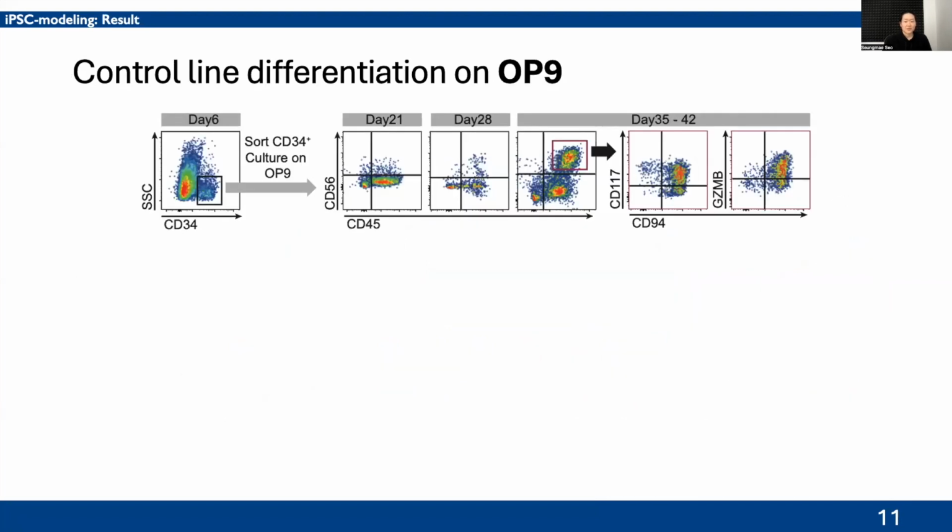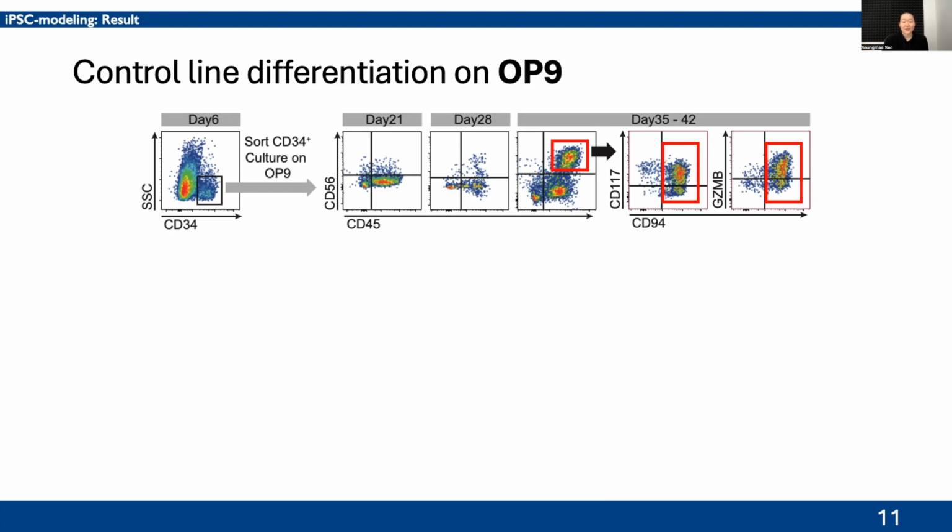So here's what differentiation of a control line on OP9 looks like. On day 6, we sort CD34 positive hematopoietic precursors. Day 21, the majority of the cells express CD45, showing hematopoietic commitment. On day 28, we start to see hints of CD56 positive NK cells appearing. And on days 34, 35, and 42, the proportion of the NK cells increases, and these NK cells start expressing more markers